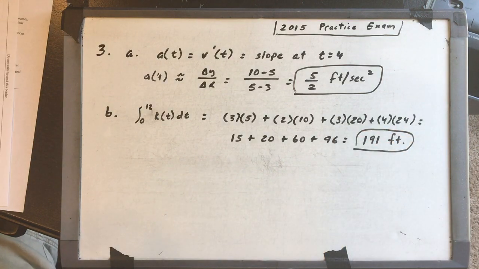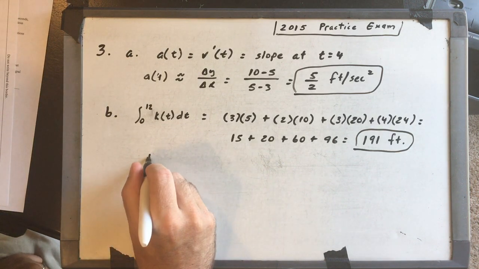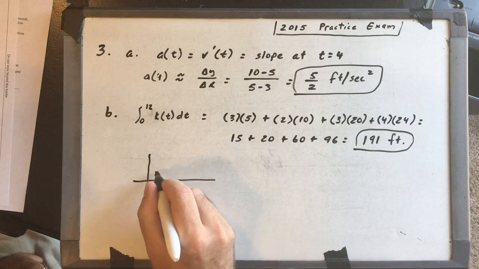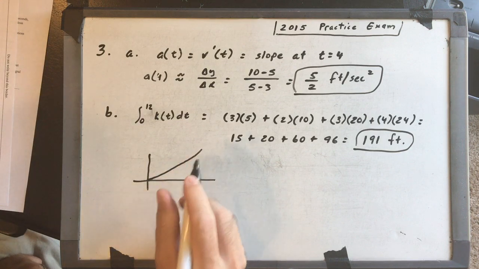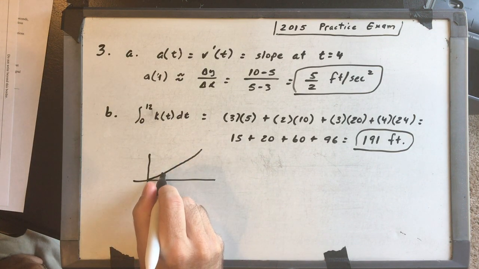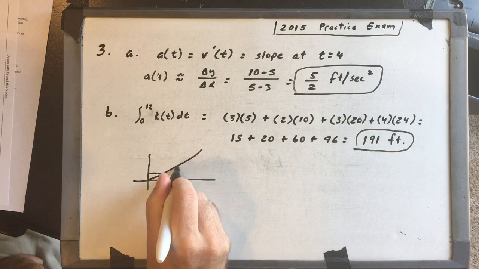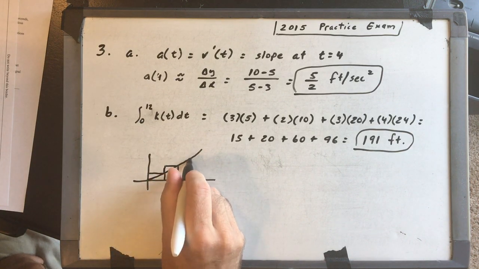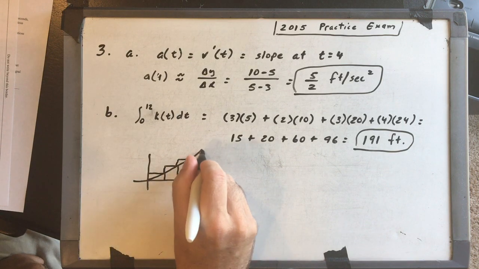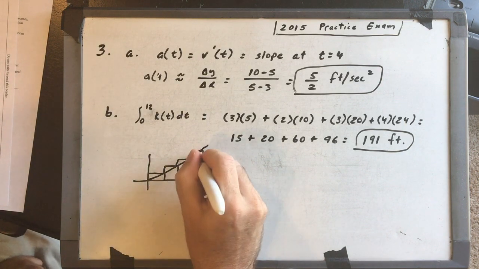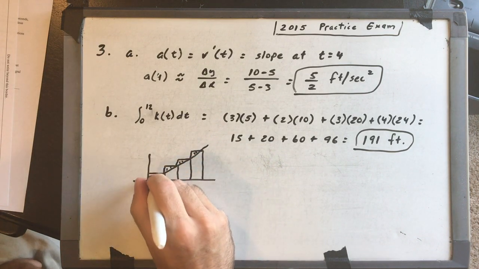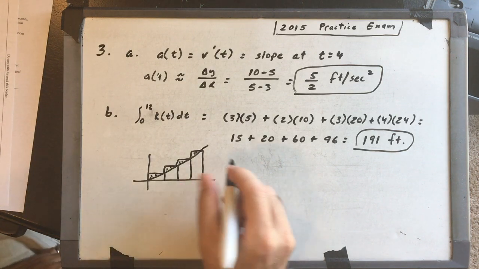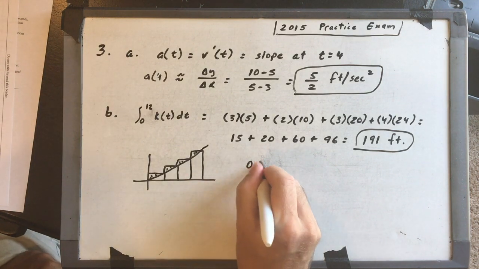So we have to indicate, is this an overestimate or underestimate? For a right Riemann sum, we know this is an increasing function, right? It starts at 0, 0, and it's going up. A right Riemann sum overestimates an increasing function because you've got this extra material up here above the curve. You don't have to draw that, I don't think, but it kind of helps. So it is an overestimate